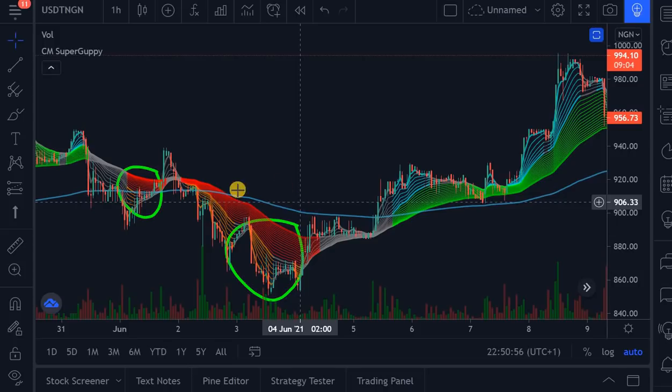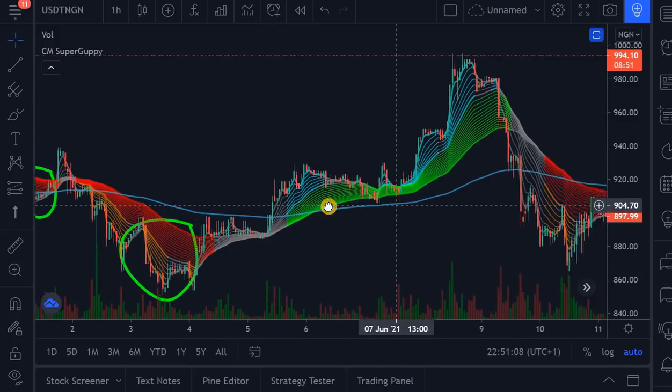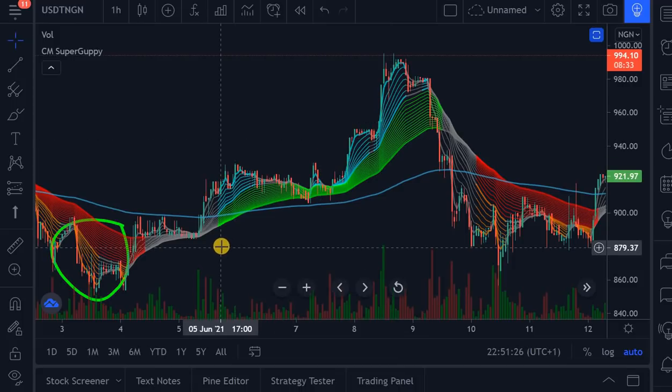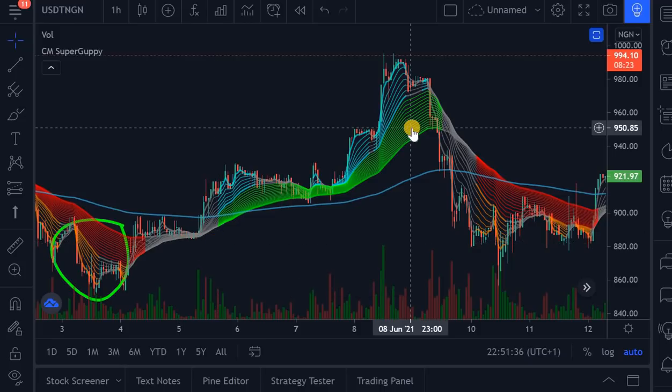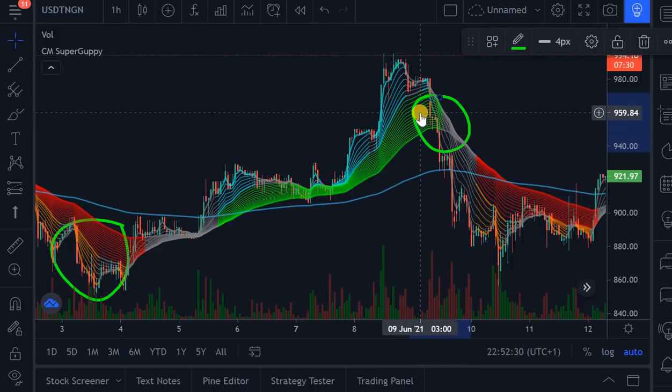Now the second point was around this region at the 3rd of June. You will be able to sell it at a higher region when it flashes green. The trick is that you won't sell it at the beginning of this signal. You would sell it at the end of the signal where the color is about to change from a green to a gray. Once you do that, it means that you are selling at the end of the trend, and when you are selling at the end of an uptrend, that means you are going to be making profits. Now this is exactly where you are going to sell.